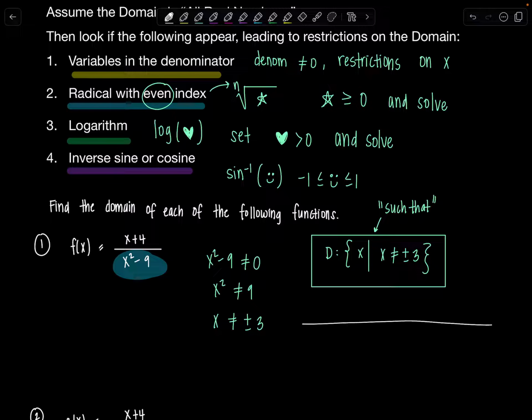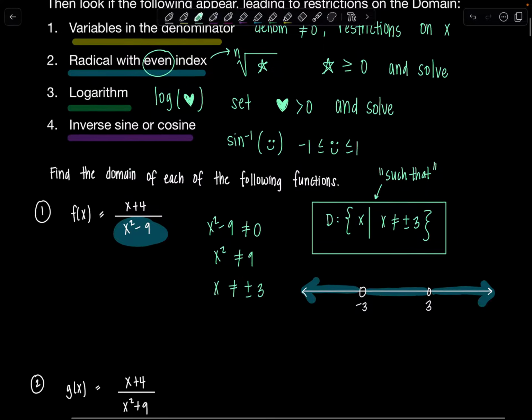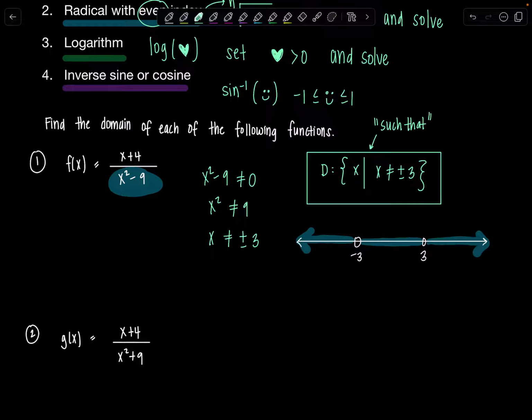If you've never done it before, imagining the domain graphed out on a number line is helpful. So this is all real numbers. Here's -3 and here's +3. The domain is everybody except those two values. So if you were to try to write it in interval notation, you would need to write it in 3 separate intervals. This first one goes from -∞ to -3,